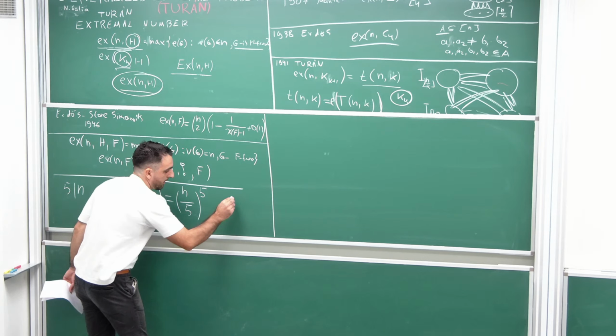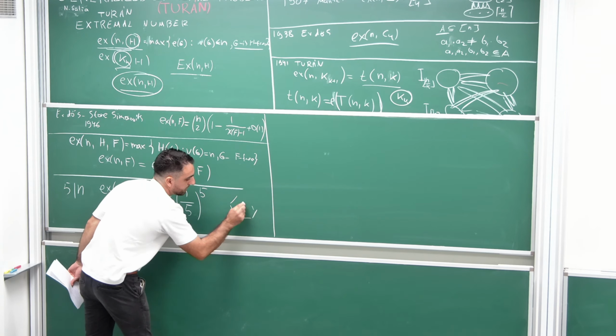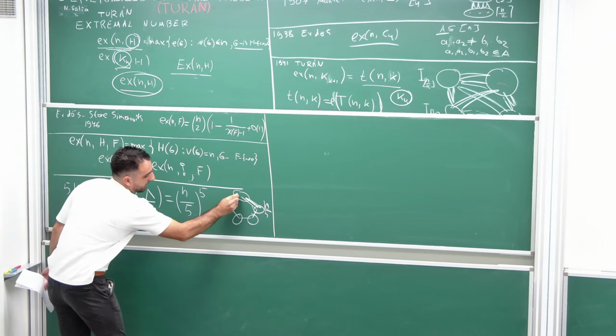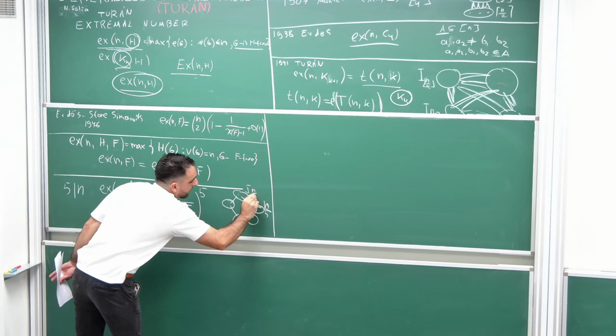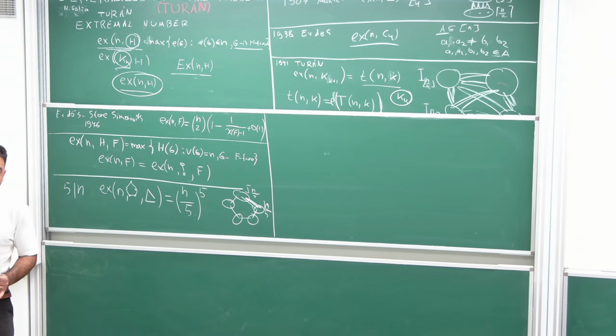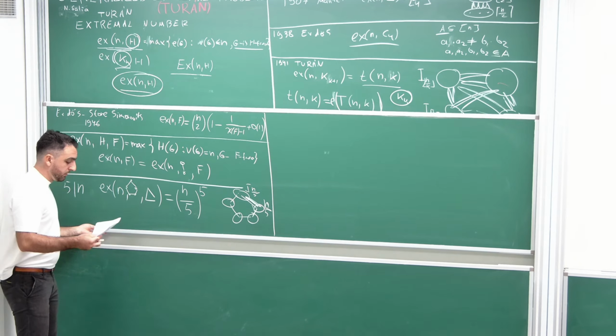You just take a C5 and you blow it up. Each class has size n over 5 and is an independent set of n over 5 vertices, and it does not have any triangles. And this was a conjecture of Erdős,